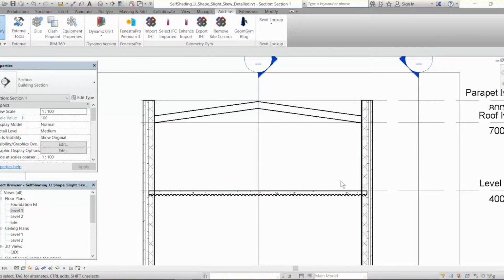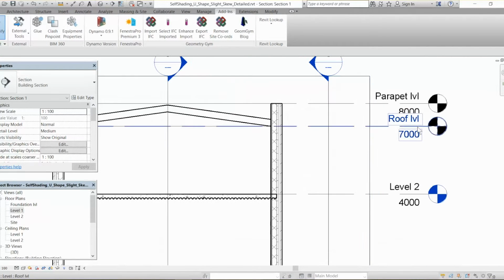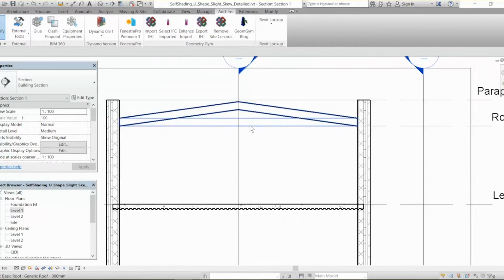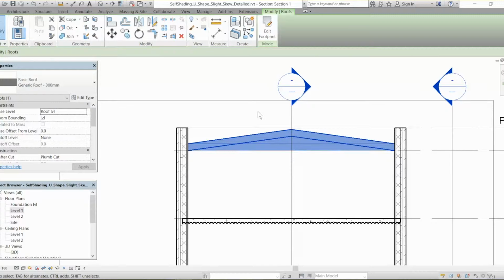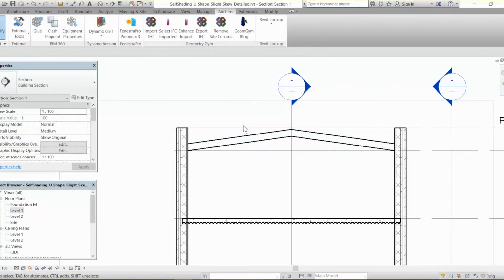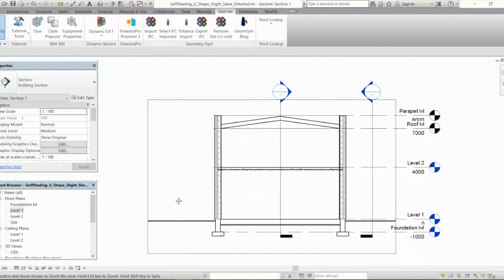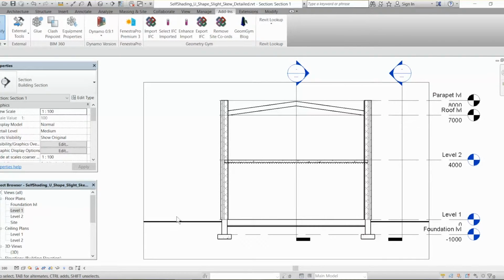If you do the room first, it goes up to the roof level, and you might get a warning saying there's no roof to the model, even though there is a roof. So my advice is to model first, and once you're really ready to use Finestra Pro, go through